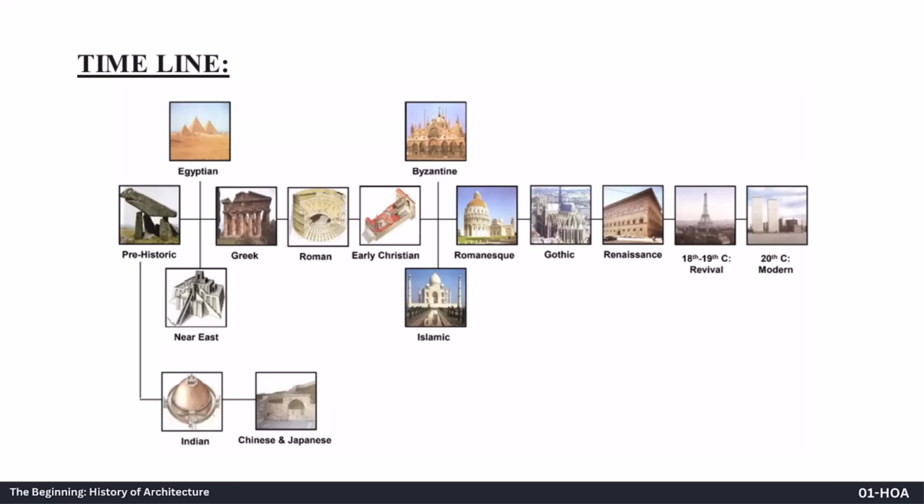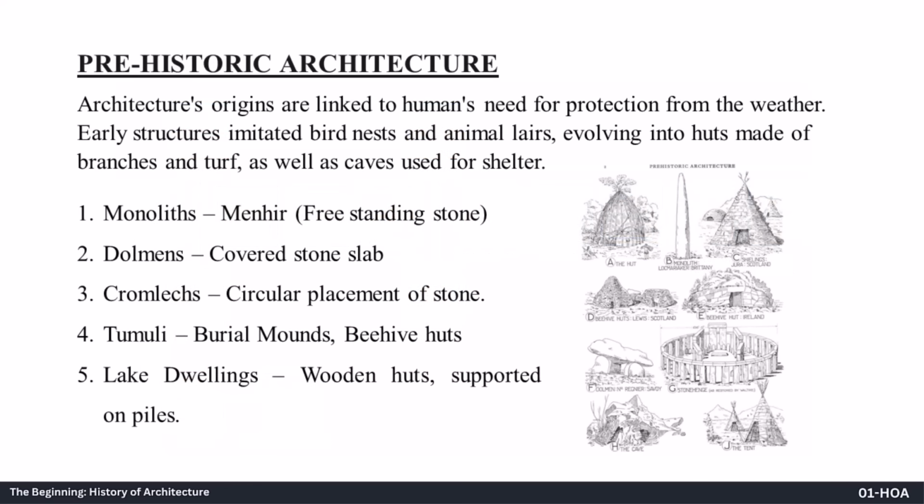Here you can see different civilizations and how their work influenced one another. Let's talk about prehistoric architecture and its historical architectural evidences. Architecture's origins are linked to humans' need for protection from the weather. Early structures imitated bird nests and animal lairs, evolving into huts made of branches and turf, as well as caves